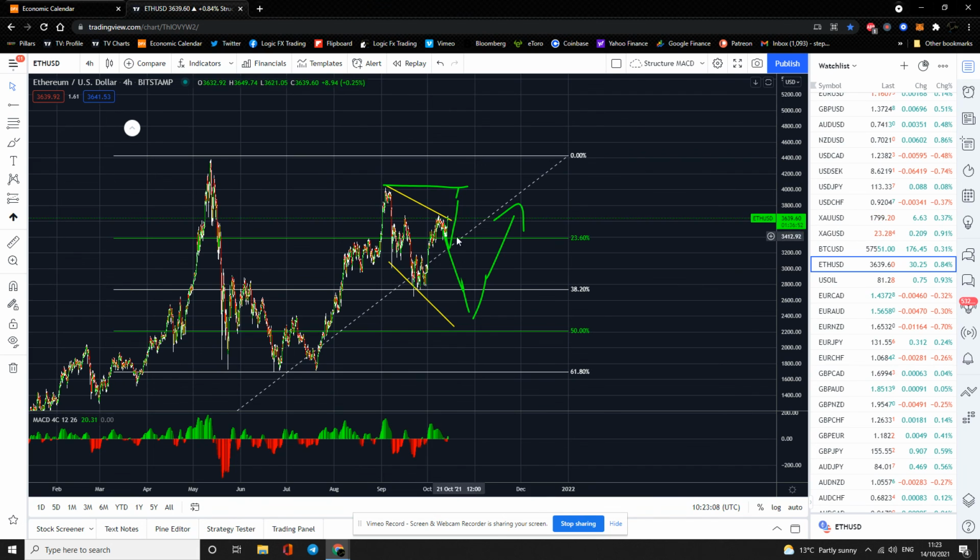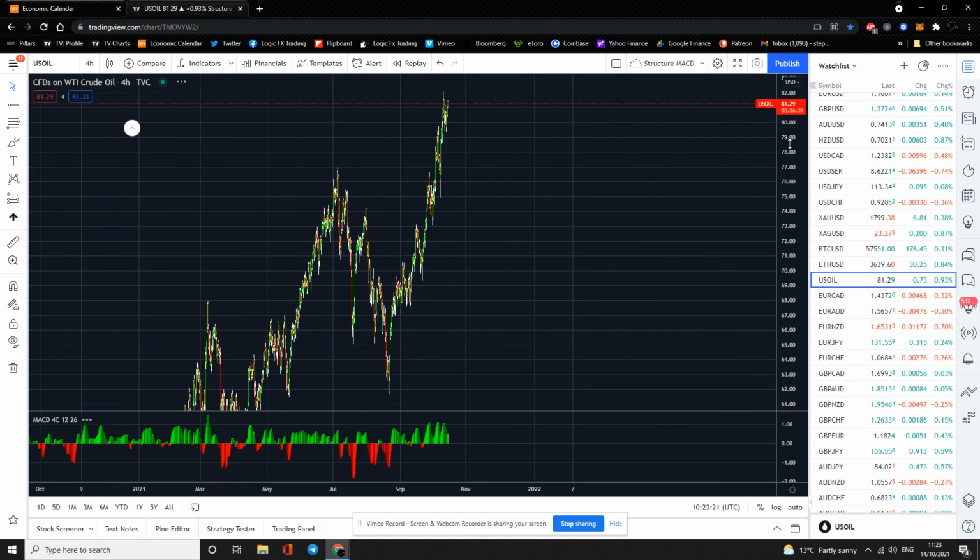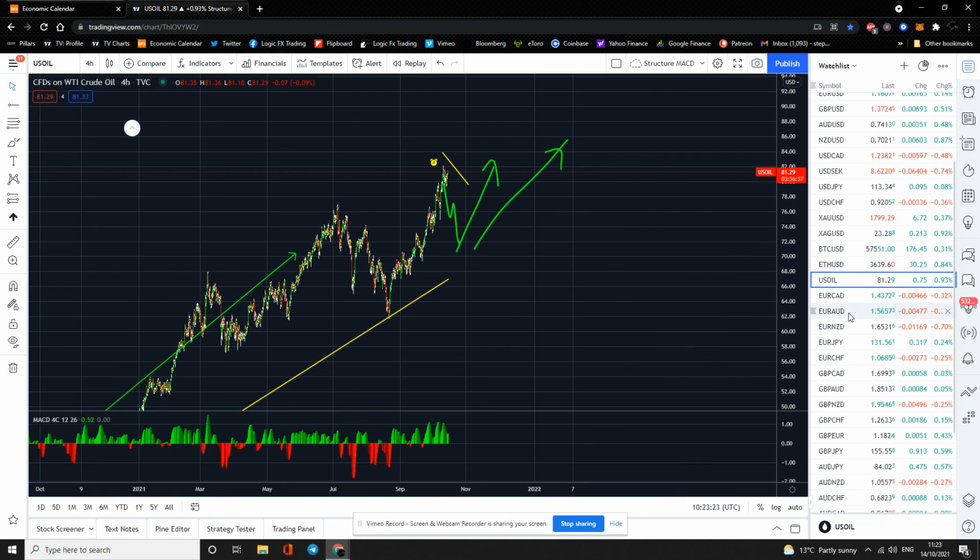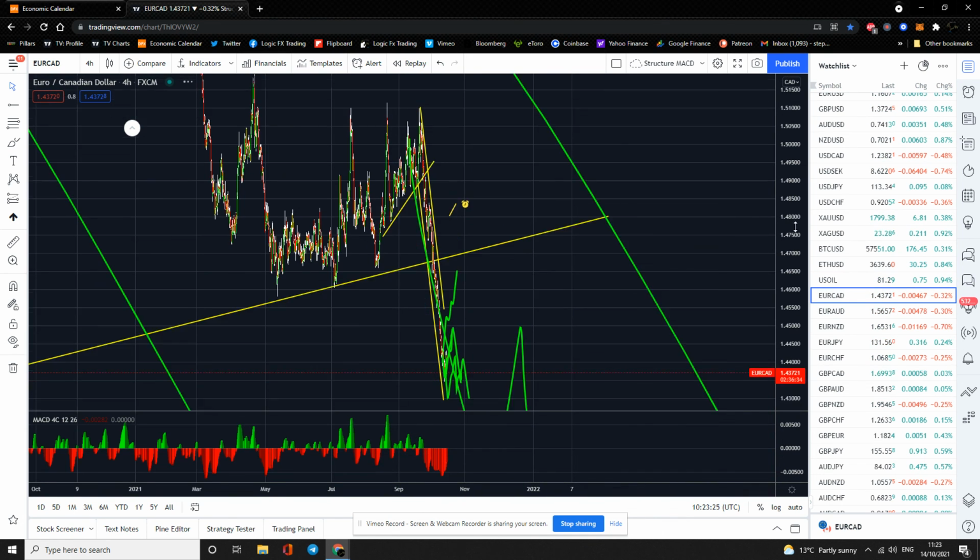Ethereum, same story, a little bit of a break up there. Yet again, it's against the dollar. Therefore, it could be the dollar weakness that's pushed that up. Wouldn't be surprised if it came to there or there, but the place to buy it's back down here if it ever gets back down there, guys. Oil staying strong, going to continue to get strong.